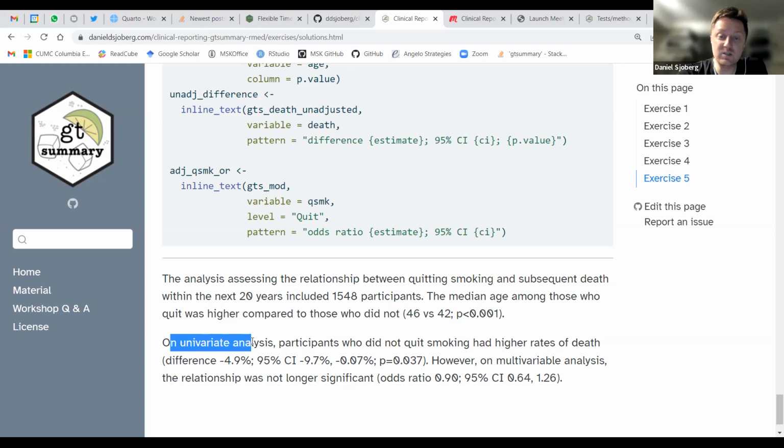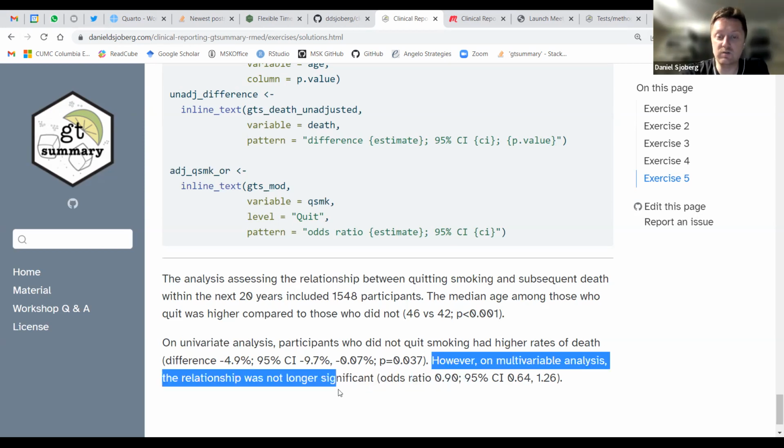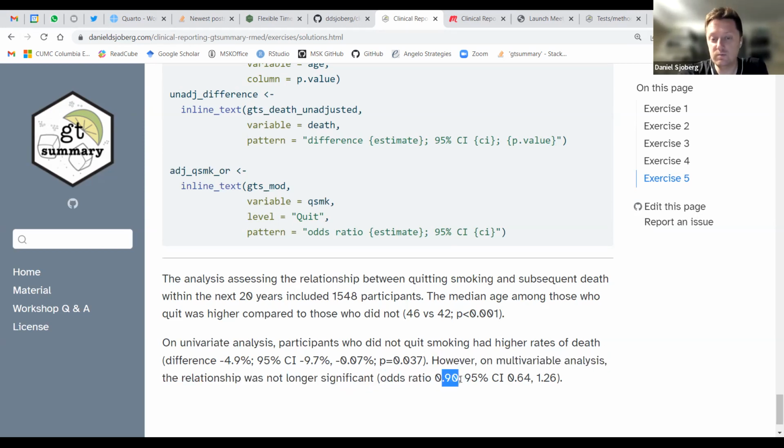On univariate analysis, participants who did not quit smoking had higher rates of death, difference negative 4.9%, confidence interval, p-value. However, on multivariable analysis, the relationship was no longer significant. Here's my odds ratio. Here's my confidence interval. So there we are. That is the world's shortest report on a very poorly designed study by me.